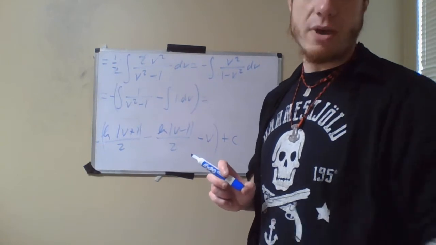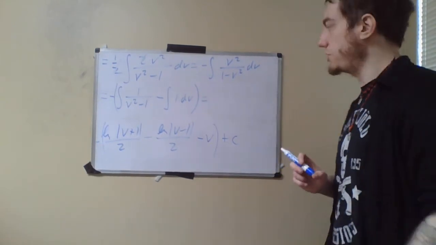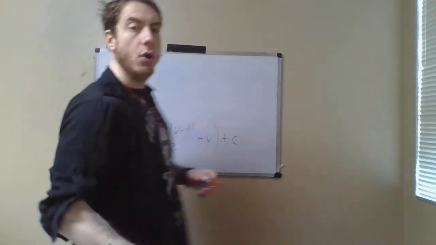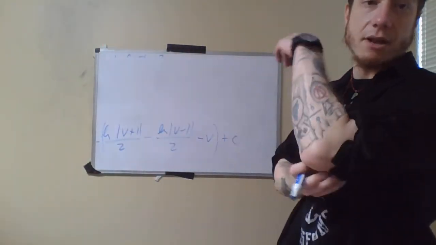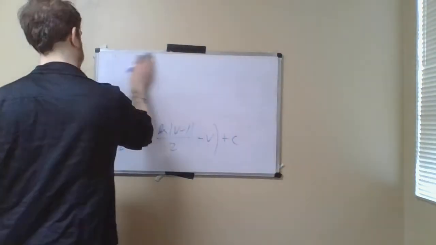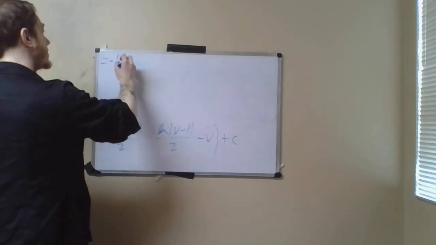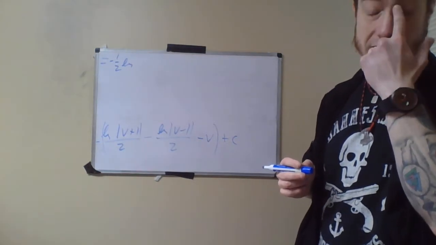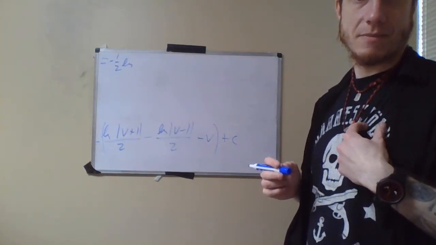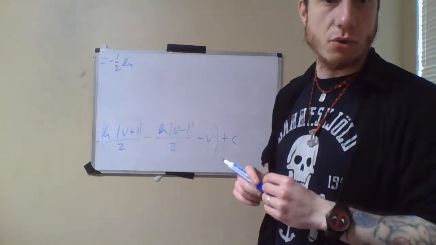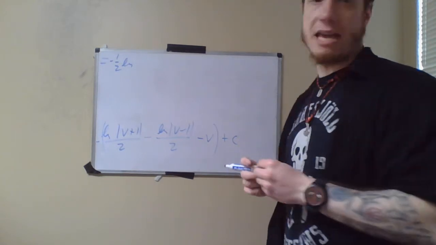So now what we need to do is go back and rewrite everything in terms of x's. And when you do that, what you find is that you are going to end up with negative 1/2 times the natural log of the absolute value of, I'm taking forever here looking at my notes, but when you write everything back in and simplify it,